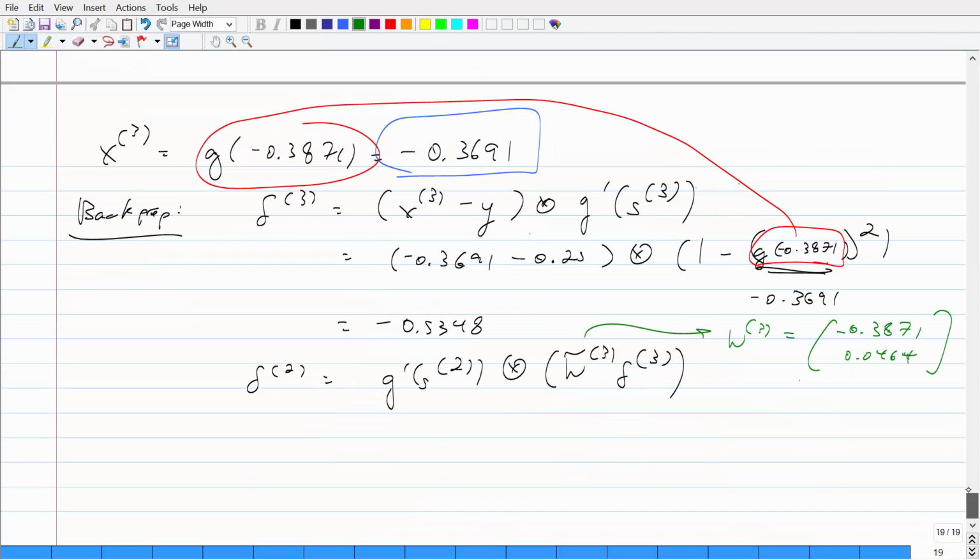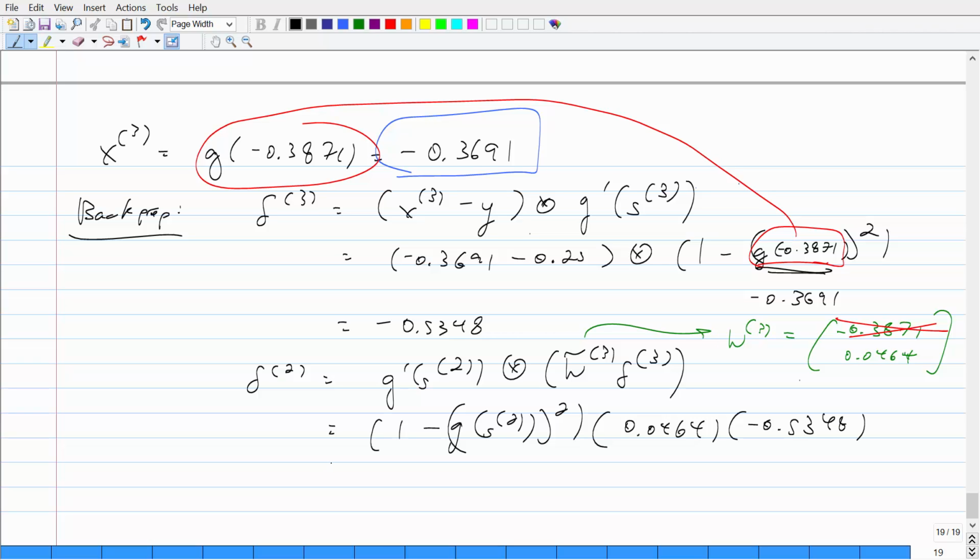So if you want to remove the first row, just get rid of the first element here. And in this case, we have 1 minus G. This is all squared. And then you're just multiplying by a single number, which is fine. So we don't need that element thing anymore. It's implied. But you get 0.0464, and then multiply by delta 3, which is minus